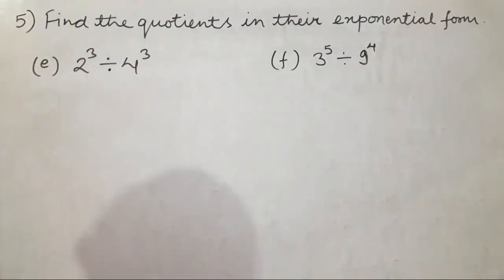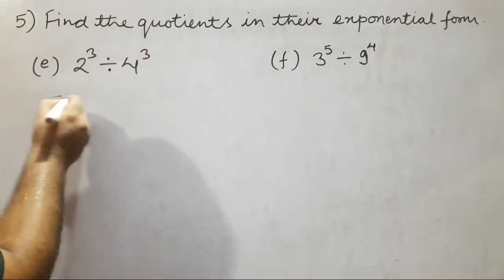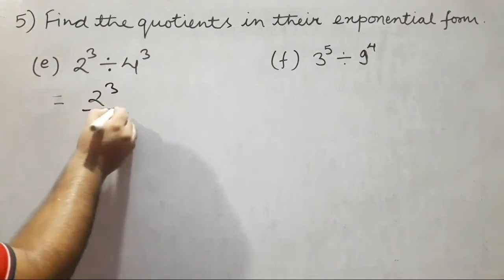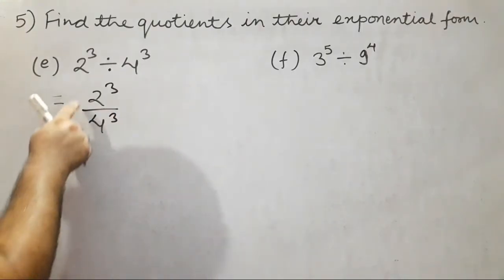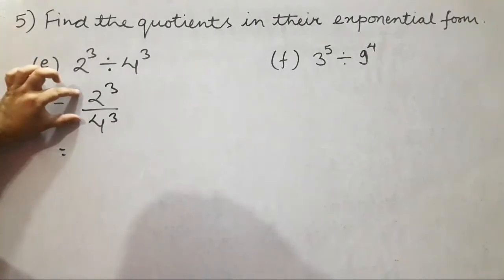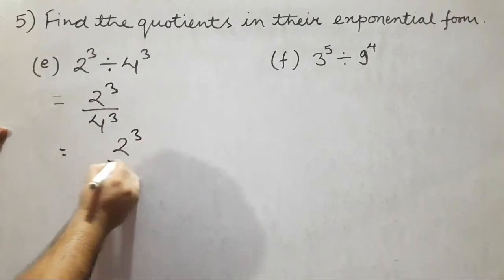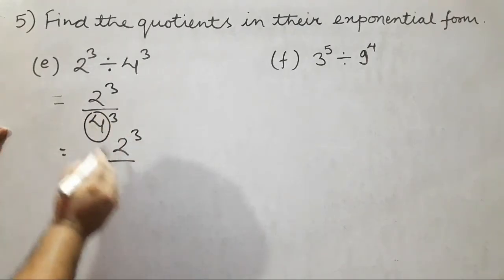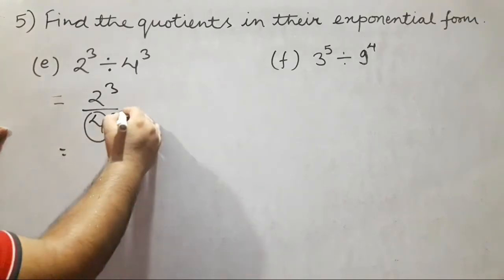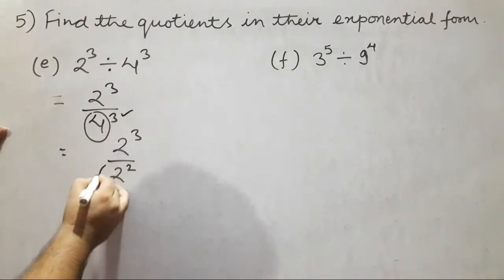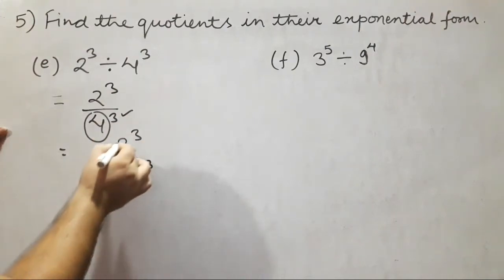The next question, 2 power 3 divided by 4 power 3. It can be written as 2 power 3 by 4 power 3. As we can see that there are different bases. Now these different bases should be made into same bases. So 2 power 3 as it is, and this 4 can be written as 2 power 2, since 2 square is equal to 4, and there is another power also. So let's write this in bracket and power 3. 2 power 3